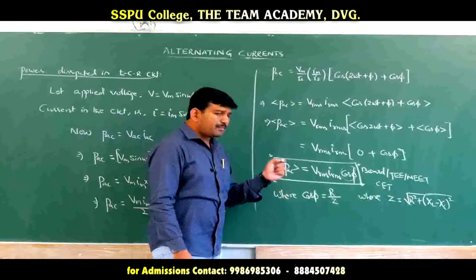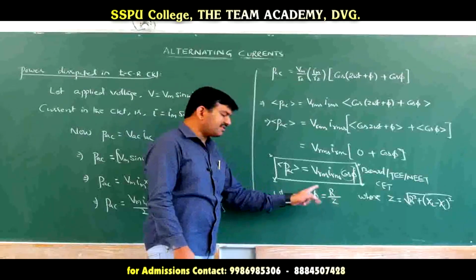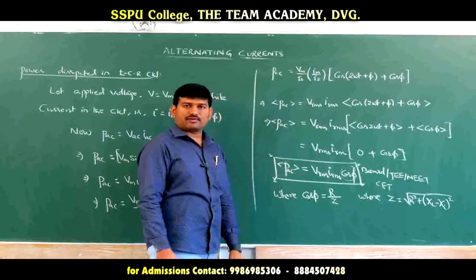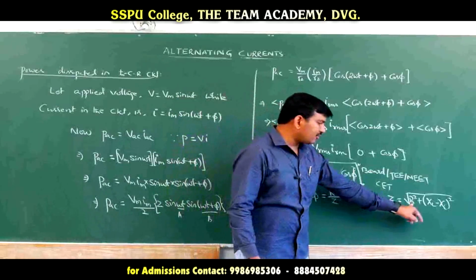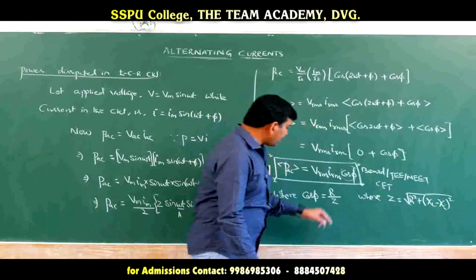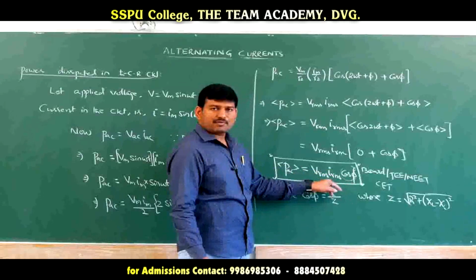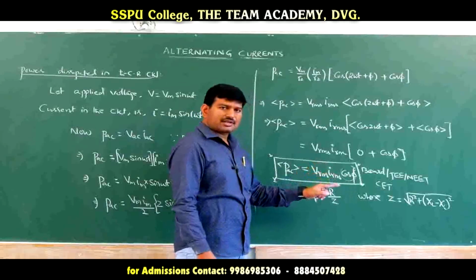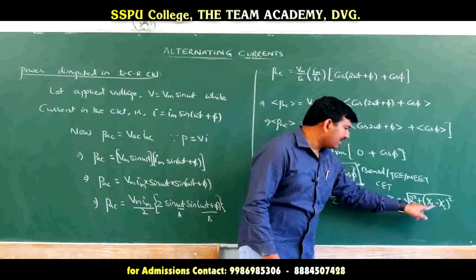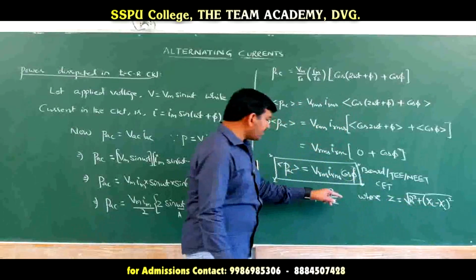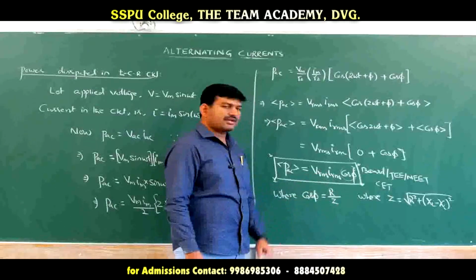Is it clear? If it is a pure resistive circuit, then Z is equal to R, and again cos phi is equal to 1. For a pure inductive circuit, what is there? Inductor is there, but resistance and capacitor are absent. So R is equal to 0 and chi C is equal to 0. R equal to 0 means 0 by something is always 0. Therefore, in a pure inductive circuit, AC power dissipated is 0. In a pure capacitor circuit, again resistance is not there, only capacitance is there. So chi C is there, but these two terms are not there. Therefore R is 0, and 0 by chi C is equal to 0, therefore power consumed is equal to 0.